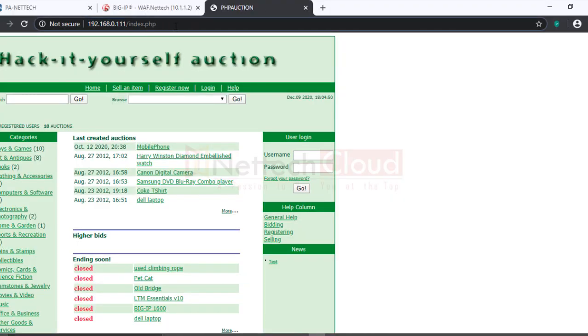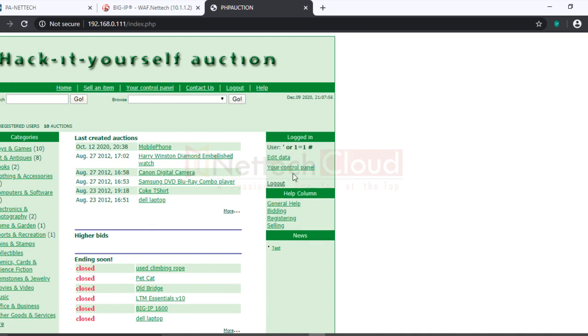So here I have access to the DMZ web server with this external IP address, and now a SQL code injection attack. It's a SQL code, and without any valid username and password, with the SQL code, I have been allowed to log in.